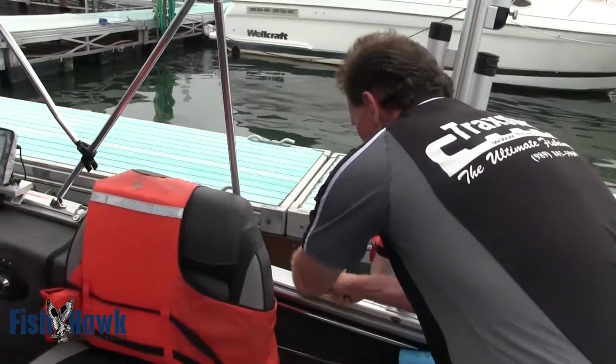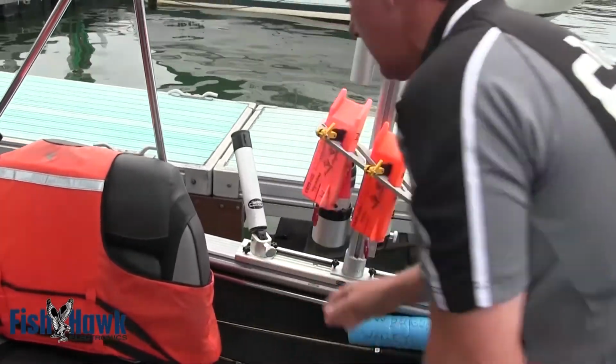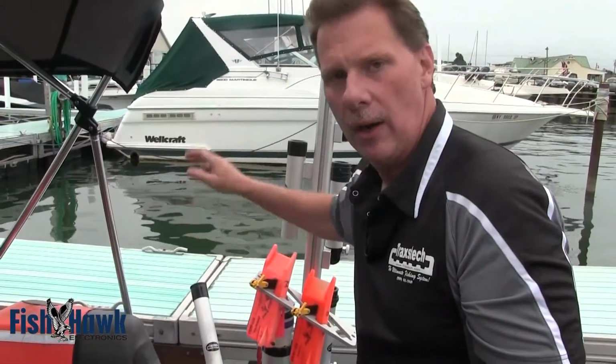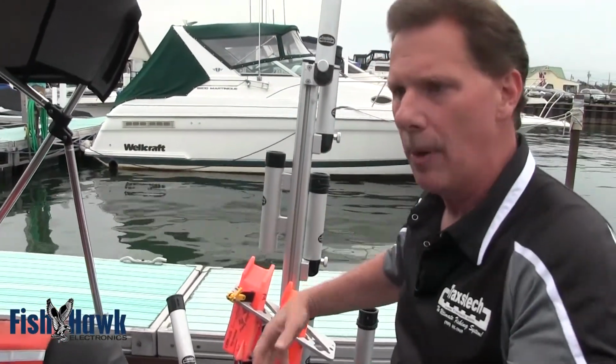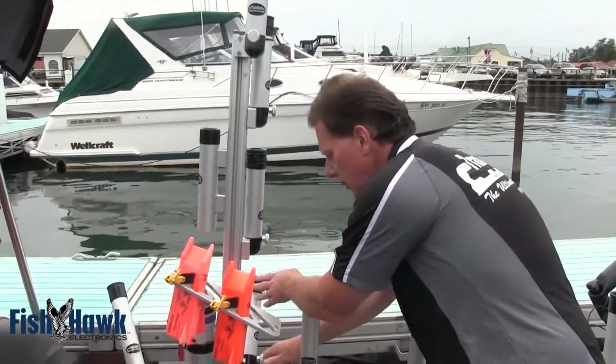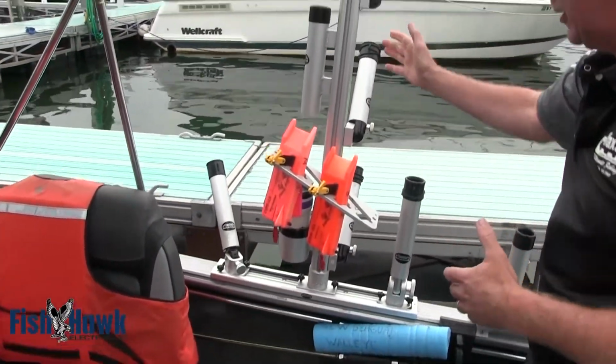So we can actually pull the pin on this, angle this thing out. So we've got a designated location where we're netting the fish. We can just drop it in there and it drips over the side of the boat, not in the boat, and it keeps the rest of the boat clean. So when you're fishing the vertical trees in here and fishing this for inline planer boards out to the side,